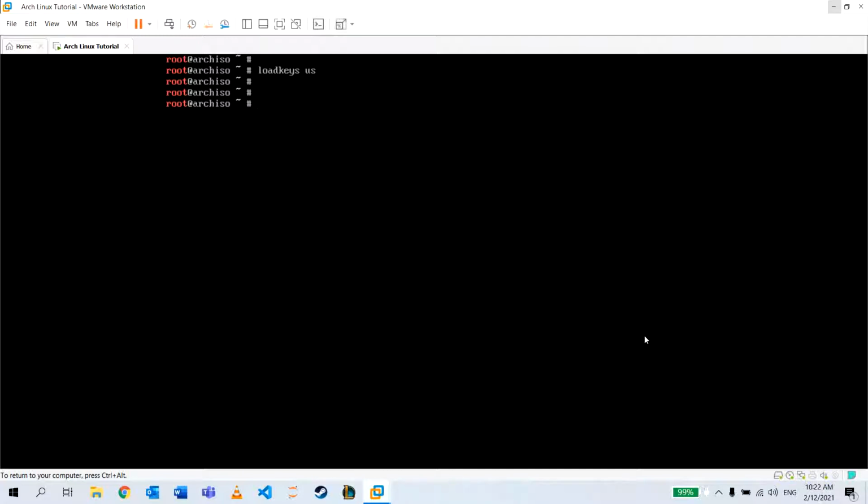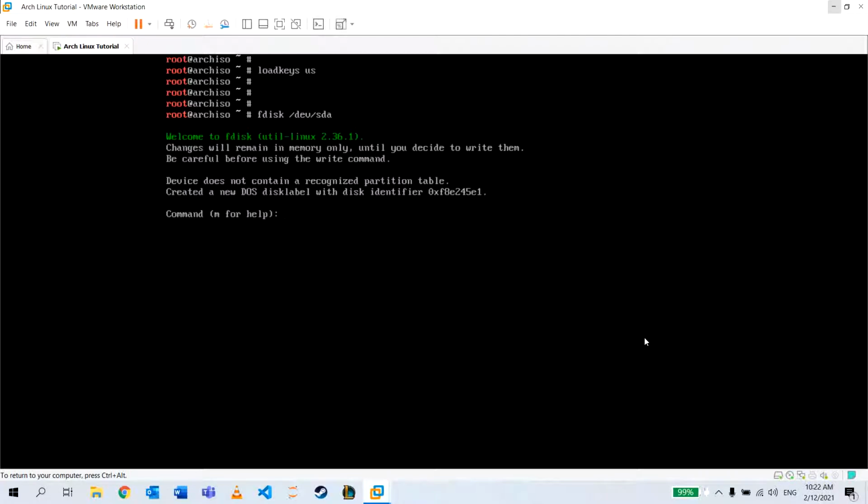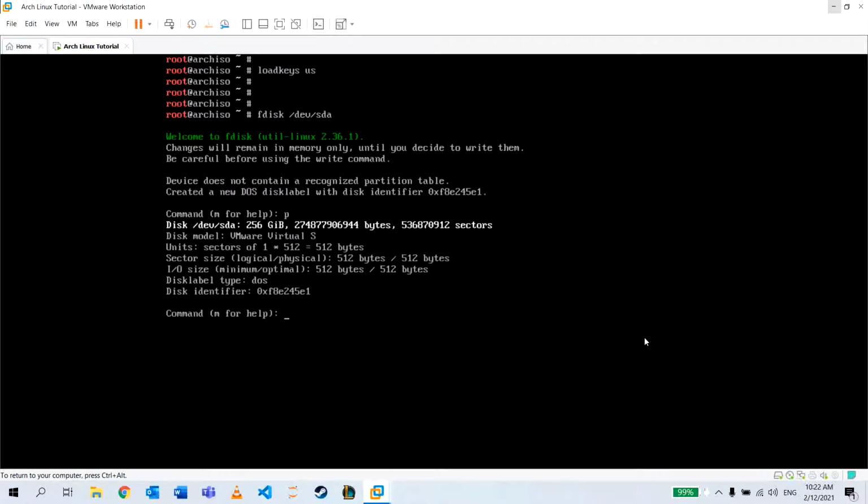Okay, so to start, you simply type fdisk /dev/sda. So if you type p, you can see that it's still empty. We still didn't do any partitions yet, so you type n for new,